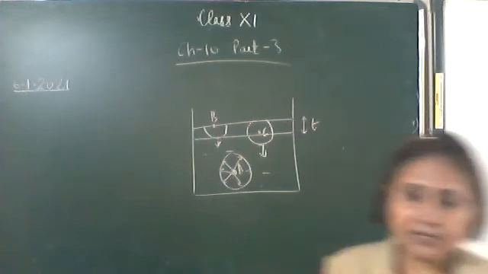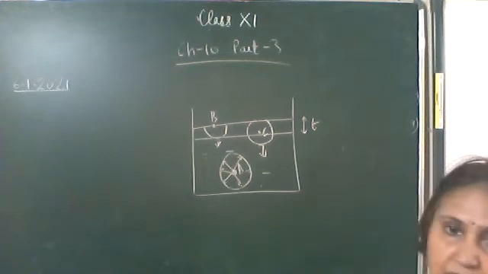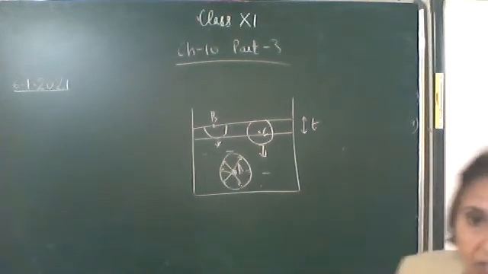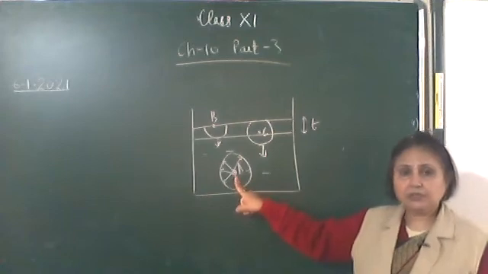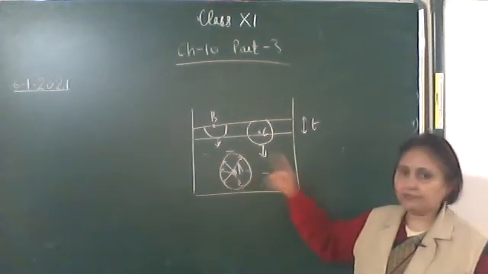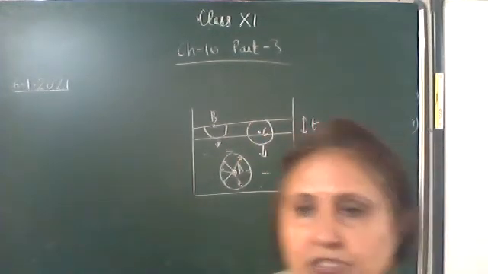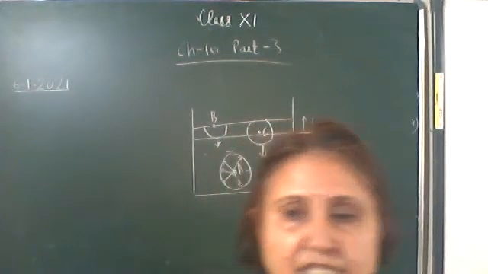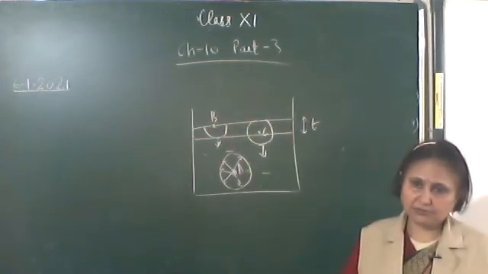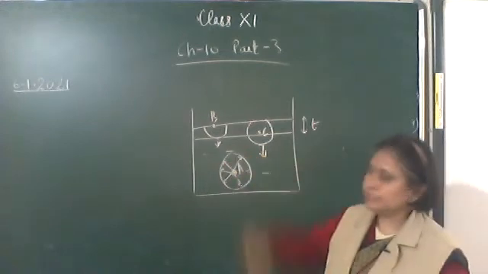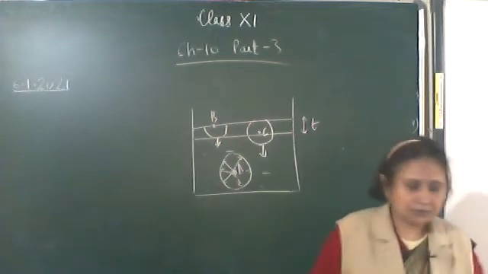So draw this figure and continue writing in the same topic, where you were writing yesterday. Some terms you have written: surface film, molecular range. Draw the figure and write down. Draw this figure: a molecule, name it A, whose sphere of influence is inside. B and C: the sphere of influence is not completely inside the liquid. Why? Because they are on the surface film, so some part of the sphere of influence is outside. So these will experience a net downward force. Draw the figure.